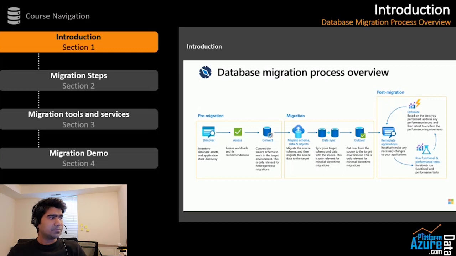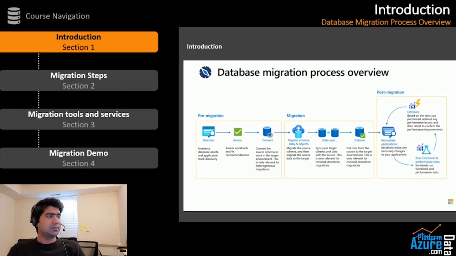Then you will do data sync, right? So once you have migrated your database, your target database should be in sync with the source database. If it is not in sync and you go for cutover, cutover means you are going to stop your application accessing your existing workload, suppose right now, and your target database is not in sync with source, then you will lose the data. So even after migration, you need to understand that your data needs to be sync with target. That while migration, whatever new data has come or whatever changes have come, right, those need to be sync with target. Now, third one is cutover.